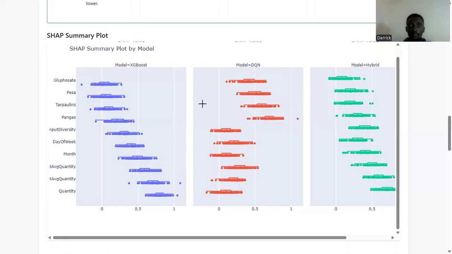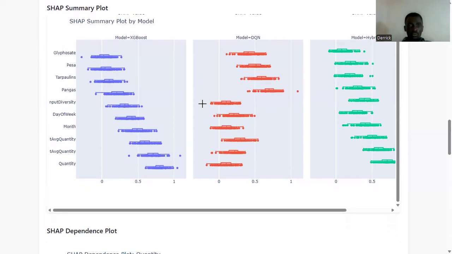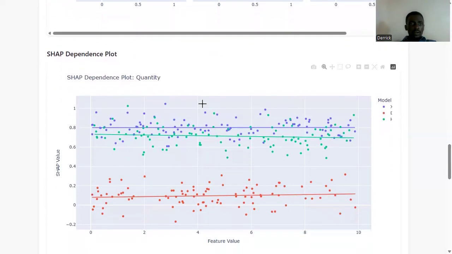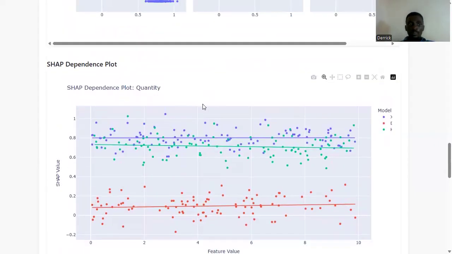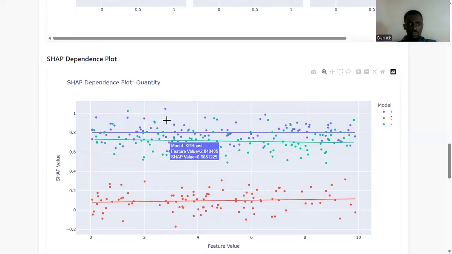Yeah, so this is a summary. Then this presentation will also be shared in detail, and it will also be accessible. So this is the SHAP dependence plot, quantity of the feature and quantity. So for the hybrid model, feature value of around 1.38, then the SHAP value is around 1.02. Yeah, so we are comparing the features and how they came up to affect the conclusion and predictions